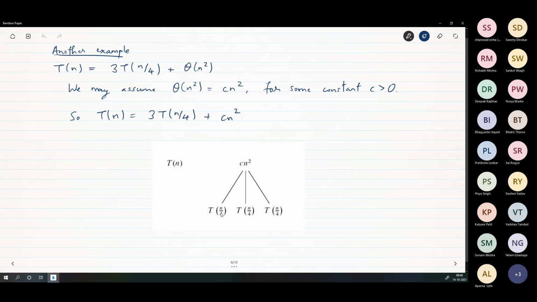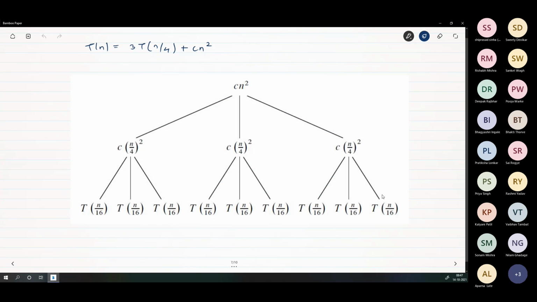Further down, you do the same with each of these t of n by 4s. So the next tree will look like this. See, first level you have c times n squared. T of n by 4 is 3 times t of n by 16 plus c times n by 4 squared. Let me just write down so that it's not confusing. At the next level, you have t of n by 4 is equal to 3 times t of n by 4 by 4, that is n by 16,